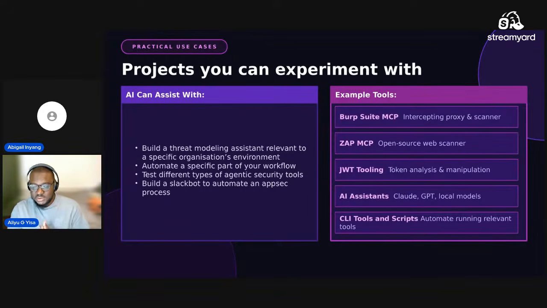And yeah, these are just some ideas of projects that you can test with. You can build a threat modeling assistant that's relevant to a specific organization's environment. You can find a part of your workflow that's repetitive and automate it. You can test different agentic security tools, like I mentioned earlier. At some point you can build a Slack bot to automate an AppSec process. I think what matters at the end of the day is that some part of it has to be